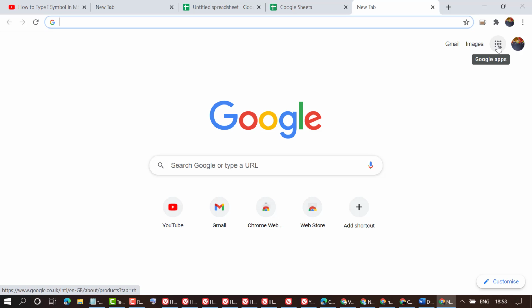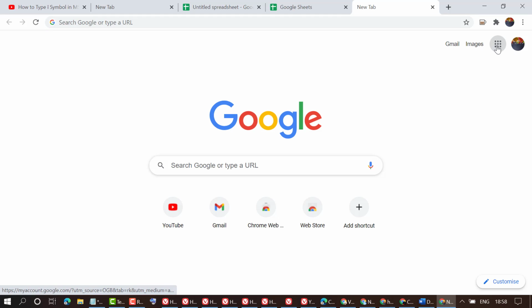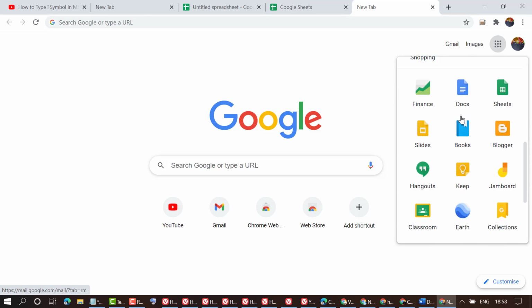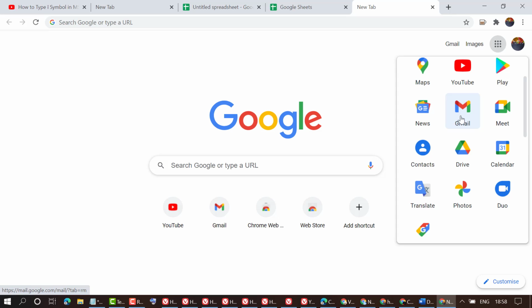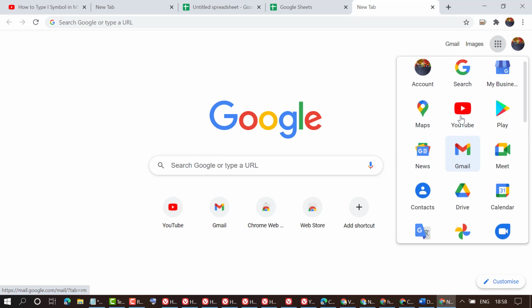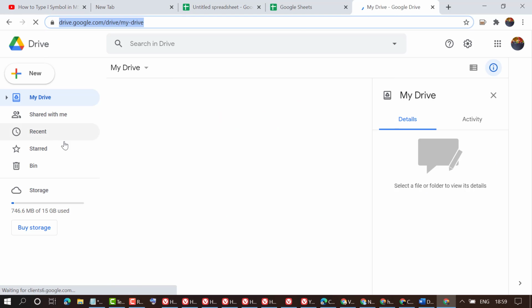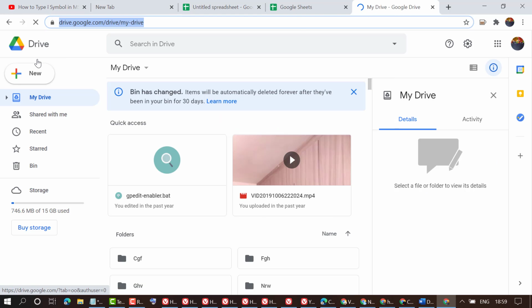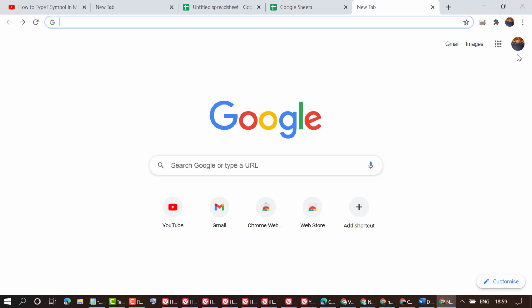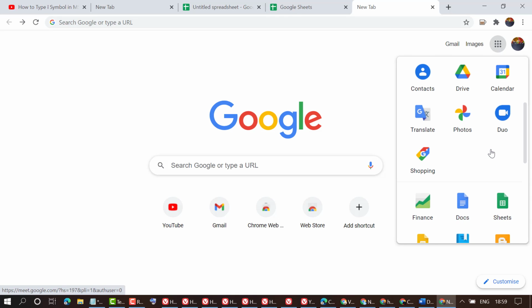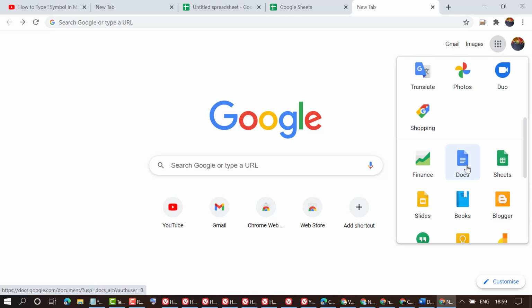After that, click on these menu dots. So click on it, and in here click on Google Drive. Now click on new. Now in here click on Google Docs